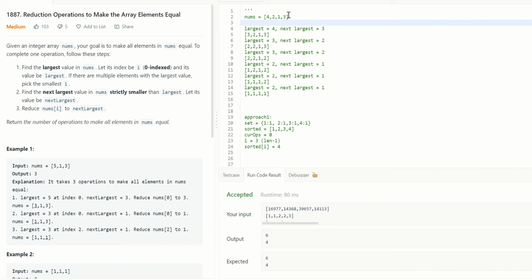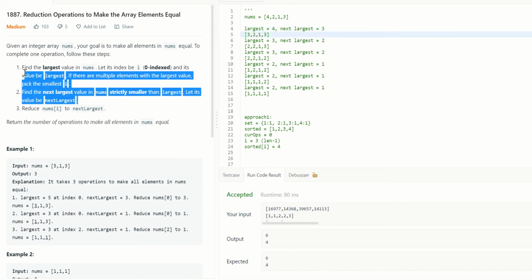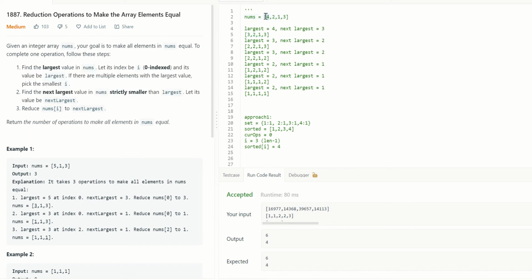Now that we have this array, we know largest is 4 and next largest is 3, and we already found them. So that means the first 2 steps are done here. And reduce nums of I to the next largest. So we reduced nums of I to the next largest. So 4 became 3. So that means the operation count is 1, right? So by then we have done 1.